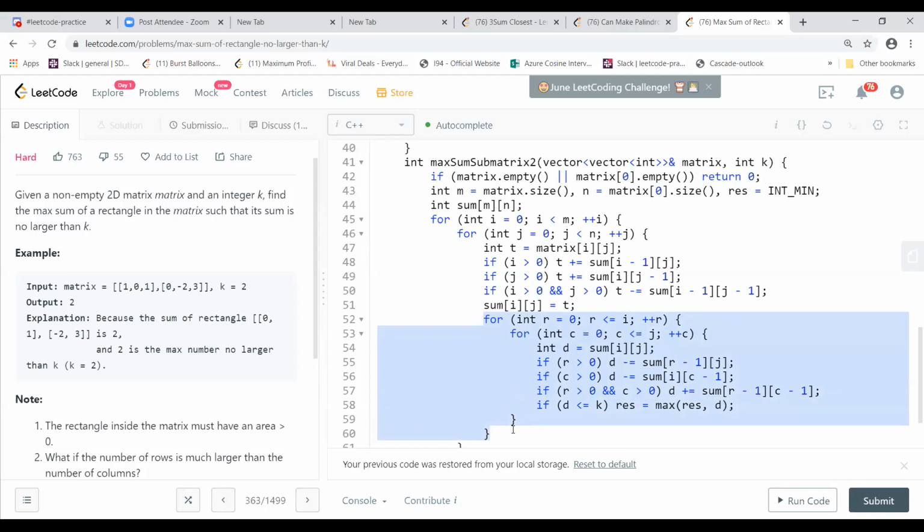That is what I think. For the input matrix in the example, we were considering 1, 0, 1 also equal to 2, but in the explanation we are seeing 0, 1 and minus 2, 3. I think that is taken because the area must be greater than 0, and we can't consider 1, 0, 1 because it will not have any area. Maybe that's the reason.